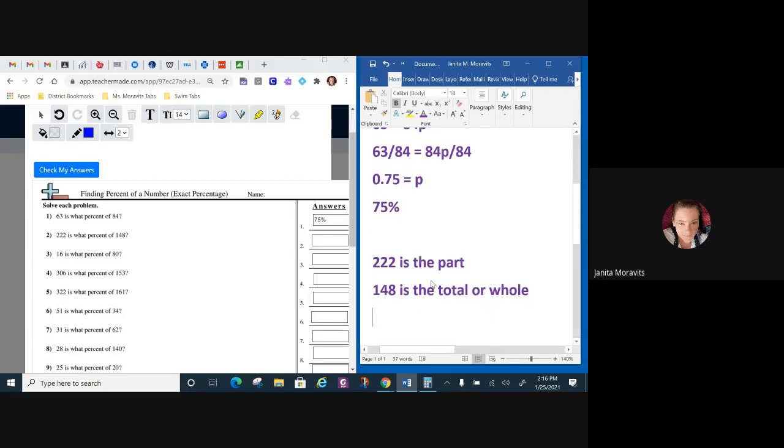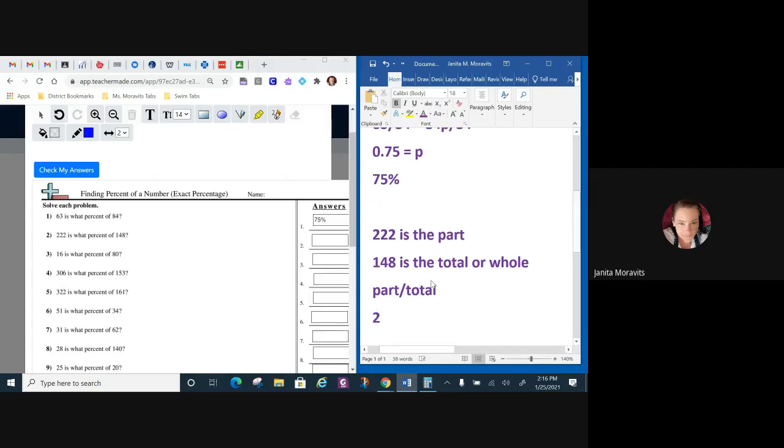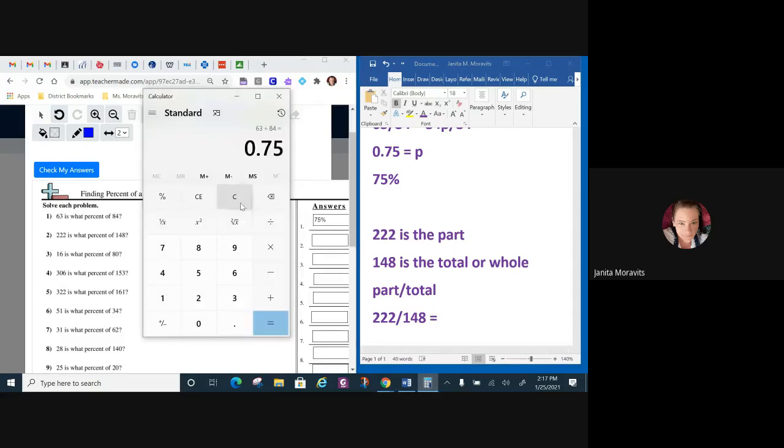You're going to take your part and you're going to divide it by the total, all right, or the whole. So the part is 222 and 148 is the total or the whole. And let's see what we come out with. Use our calculator. 222 divided by 148 equals, all right, and we come up with